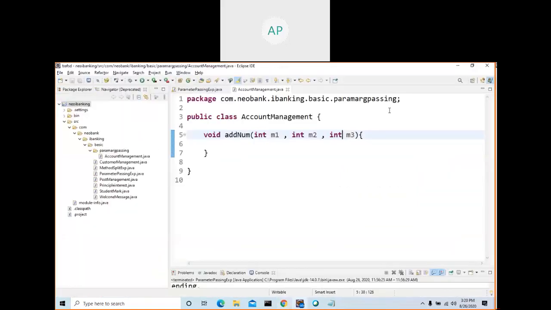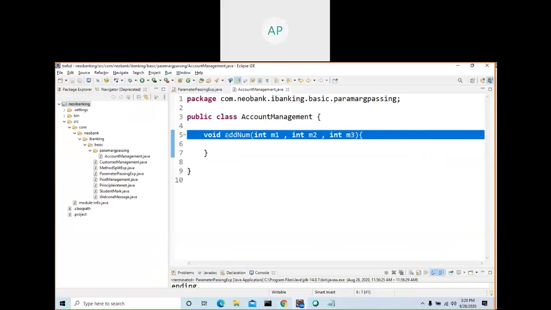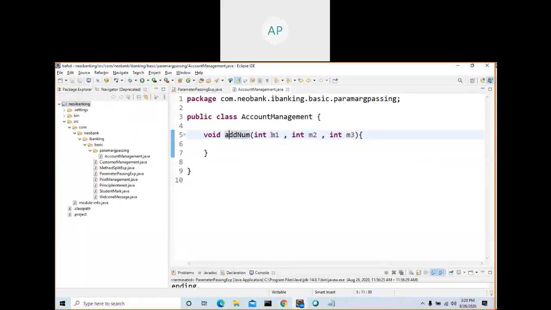Now we created one method which contains three arguments or three data types. The selected int is a data type, and m1 is the variable name. You can call it a variable or variable name, one and the same. M1 is a variable, int is a data type.